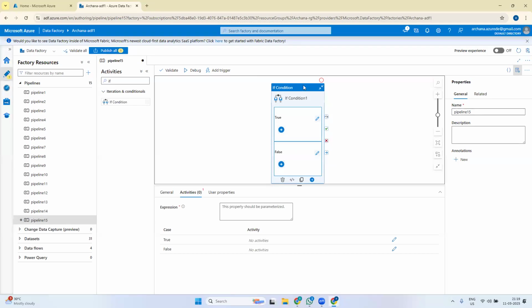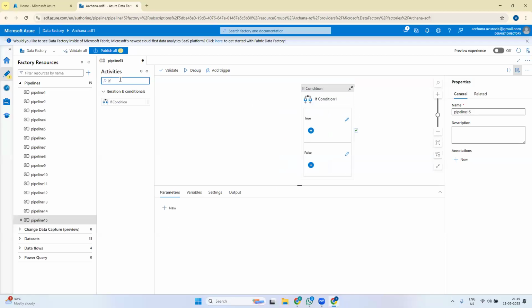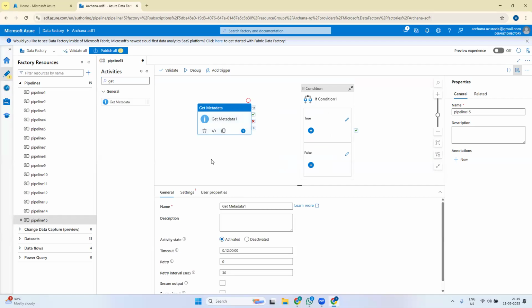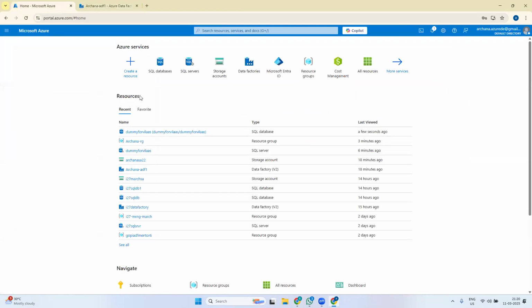Okay, so the same thing I'll do. I'll put a get metadata activity here, and I'll put a data set here which is checking whether the file is there on the source or not. That I'll do. Yesterday when we discussed get metadata activity, we saw that exists, right? So the same way,